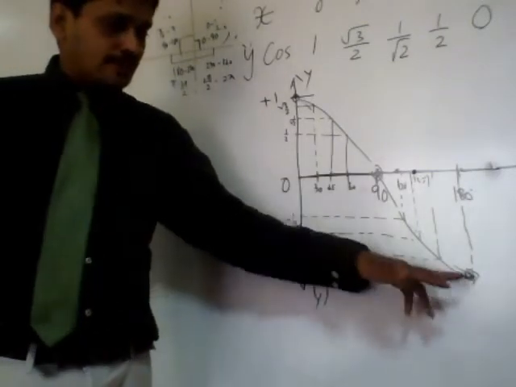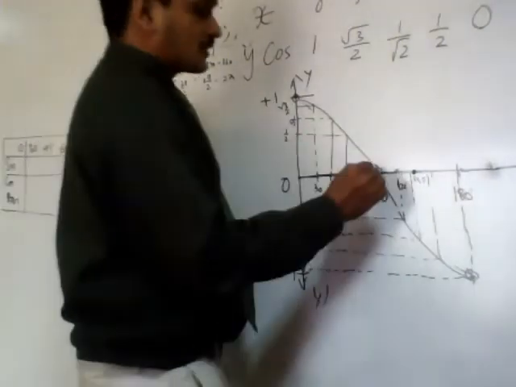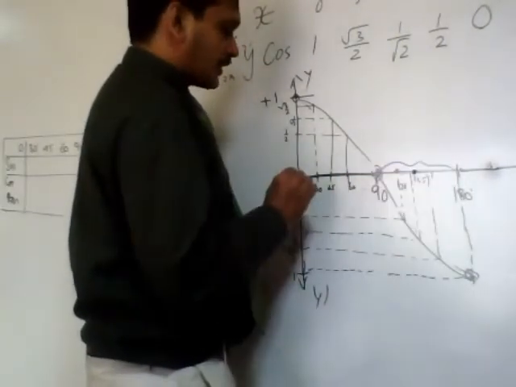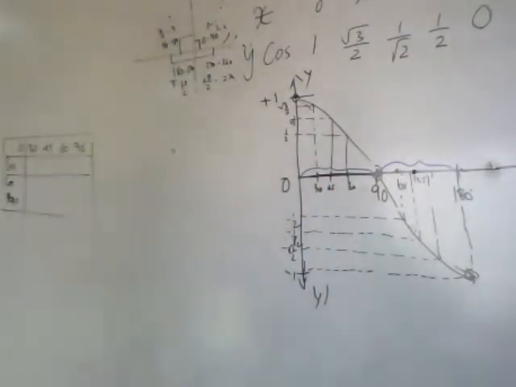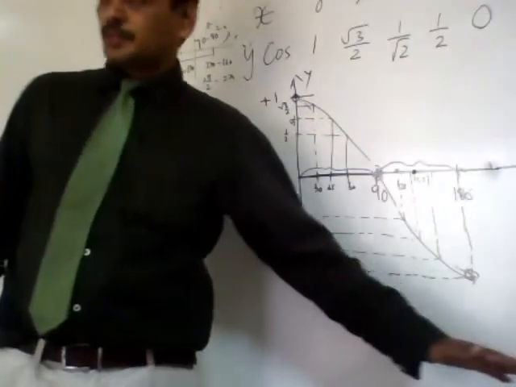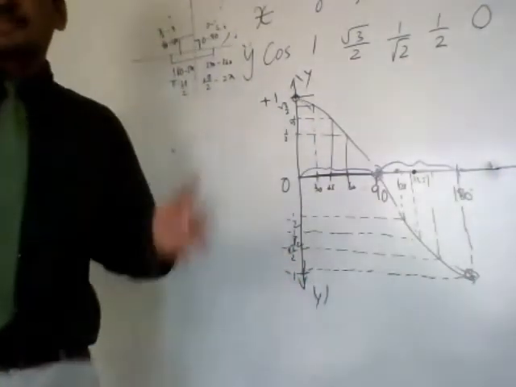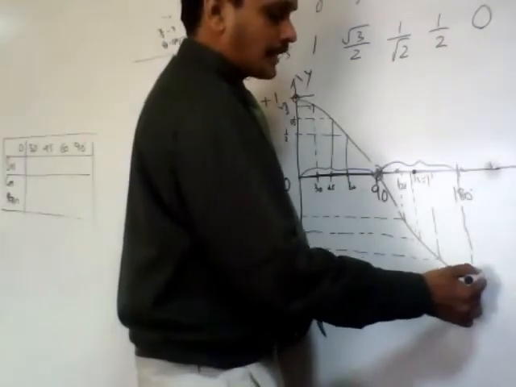goes down till minus 1, because this is the second quadrant, where cos is negative. In the first quadrant cos is positive. Then if you move further, I told you cos won't go beyond minus 1 and cos won't go above plus 1. So obviously the cos curve has to turn back now. It can't go less than minus 1. So it has turned back, but it follows the same system. It turns back again and approaches 0.